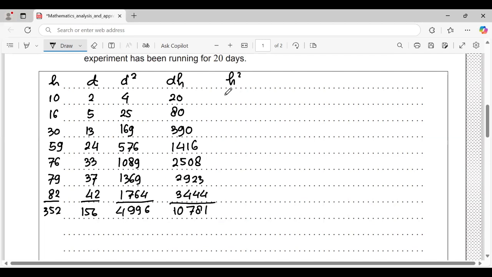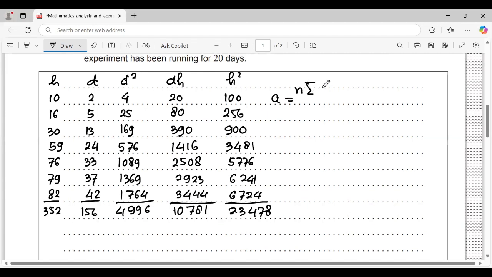H squared: 100, 256, 900, 3,481, 5,776, 6,241, 6,724, and the sum is 23,478. So we are going to find A with the formula n times sigma DH minus sigma D times sigma H,